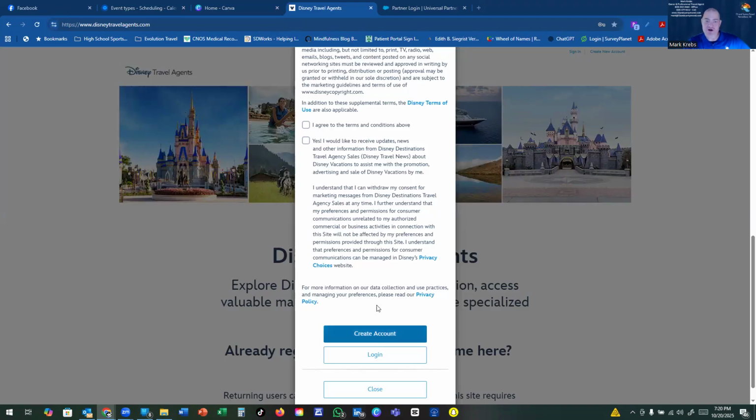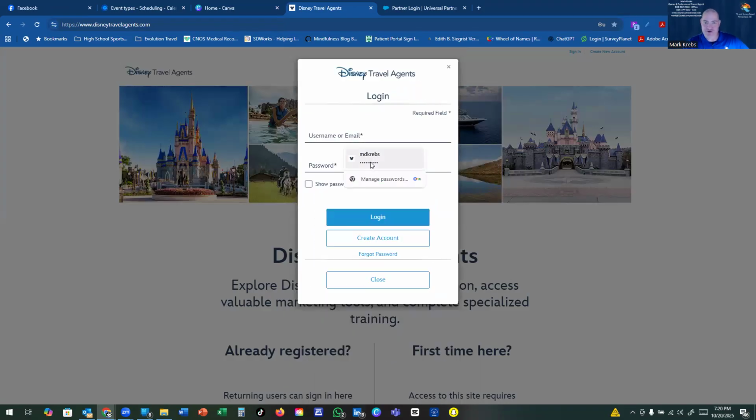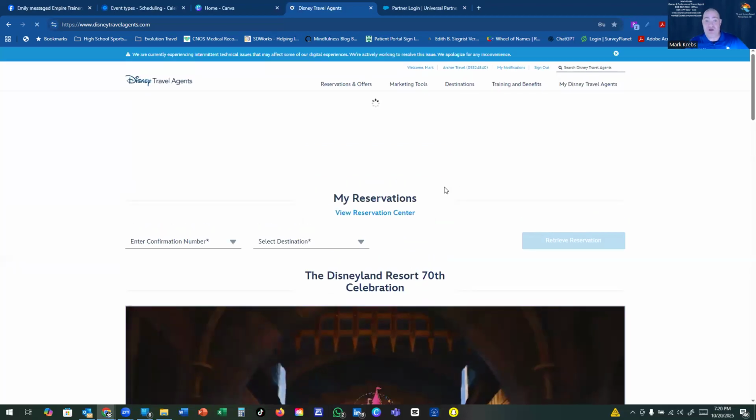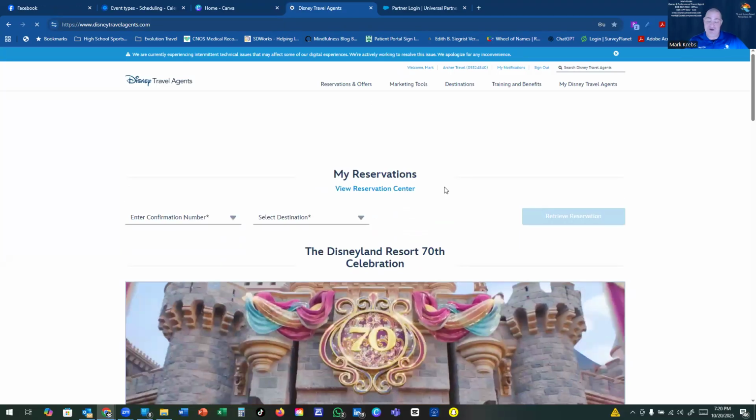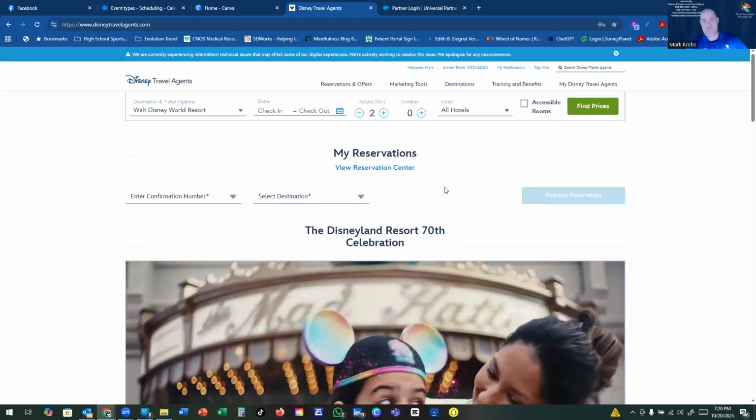So once you create your account, you're logged in for the first time, you put in Archer's IATA number, then you're good to go. So I'm going to go ahead and log into my page. Yes, my password looks small. But that's because I've gotten grandfathered in over the years, thankfully, and I have not had to change my password yet. Another really, really good thing to do, guys, is save it to your browsers to make sure that you can have access to it.